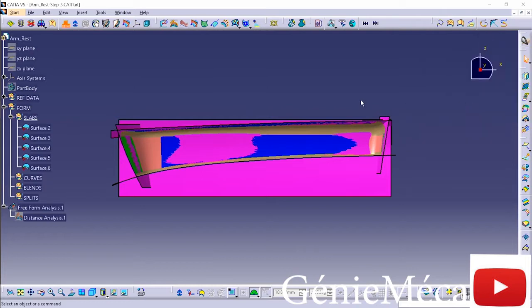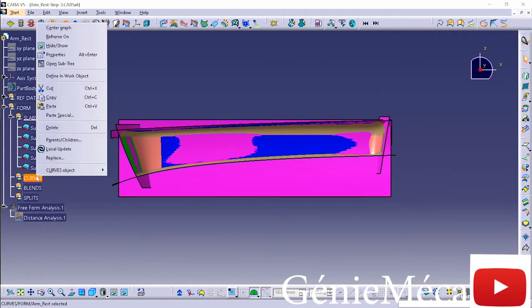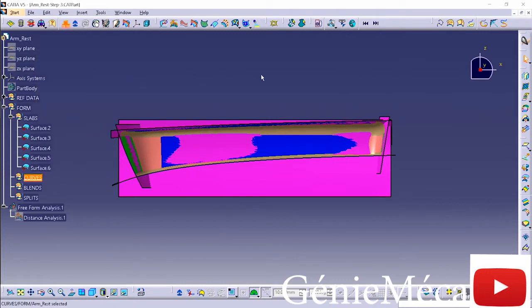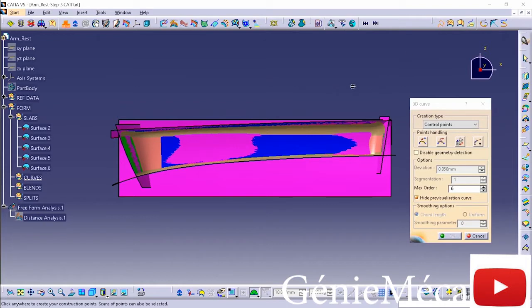Now that it's set to ZX, I'm going to draw in a couple of 3D curves, but I want those curves to go into this curves geometrical set. So I'll right mouse click here, define in work object, double click on my 3D curve, and I'm just going to pick a couple of spots above and below and just eyeball